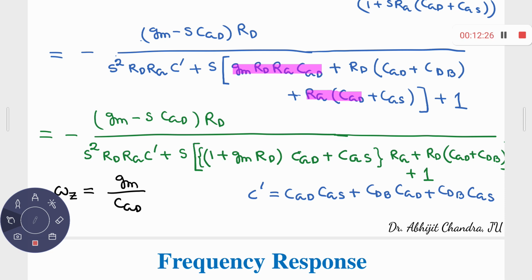And then you have to find out what are the corresponding resistance from a particular node to ground, and what are the corresponding capacitance from that particular node. Based on that, you have to find out the corresponding RC time constant, and once you get the RC time constant, then you know that